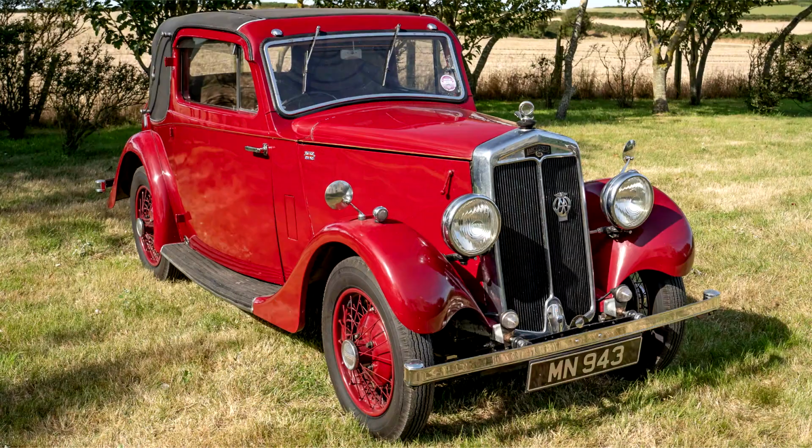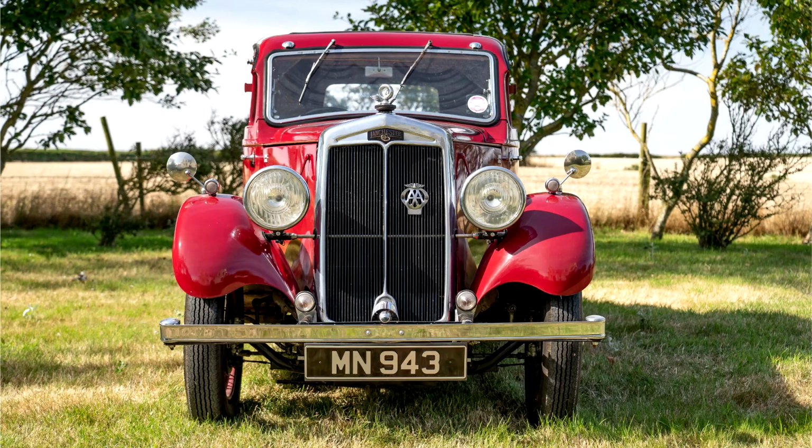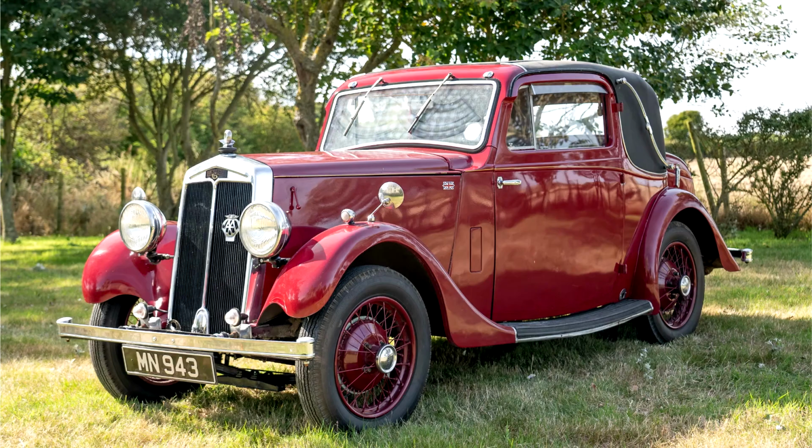Sadly, in common with many other British marques, their company nevertheless succumbed to financial trouble and was taken over by BSA in 1931, which had already absorbed Daimler some 18 years earlier. As a result of the above, the Lanchester Light 6 of 1935-1936 became an early example of badge engineering, being very similar to the BSA Light 6 and sharing its body